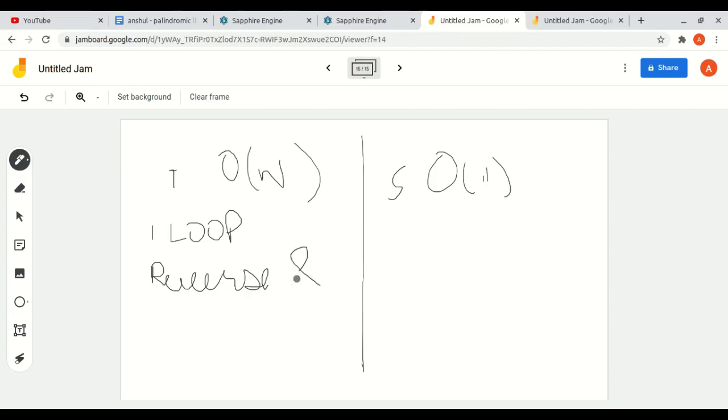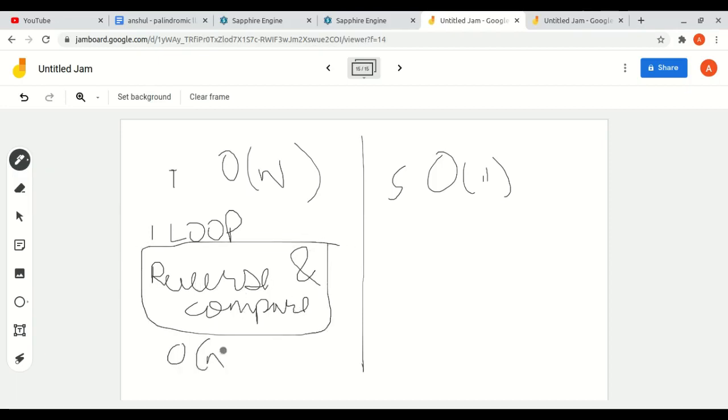These both functions take big O of n time. Because for compare we have given two linked lists of n by 2 length, big O of n by 2 is equal to big O of n, and the reverse function also takes big O of n time.